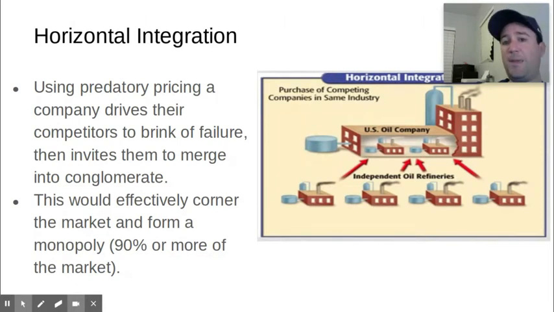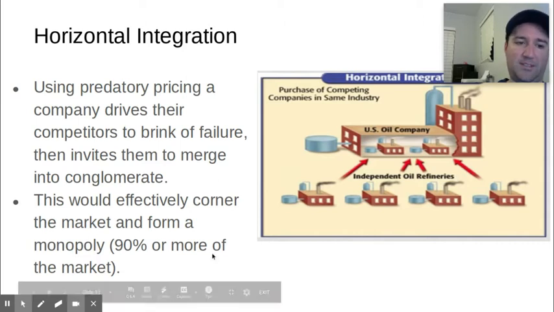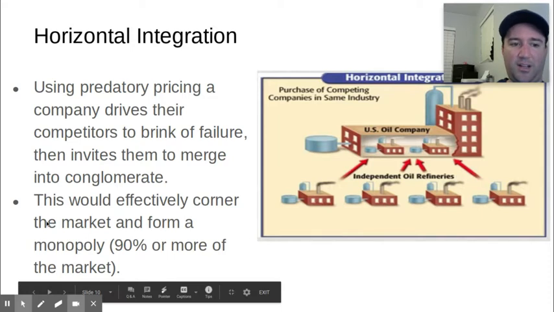Monopolies, you don't find many in the country today, but I'll give you an example: all the professional sports organizations, NBA, MLB, NHL, NFL. All of those are monopolies because they're really the only companies that are providing that product, that service, that entertainment. And you don't see the NFL competing with any other football leagues. And when they do, it's usually short-lived.